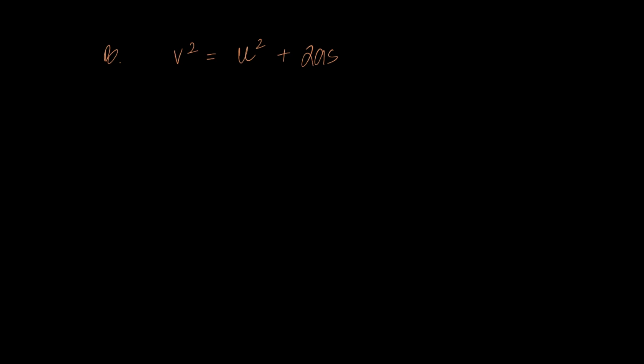But let's try this out. V squared, the final velocity, is something we need to find out. Initial velocity is 3.7 squared minus 2 times 9.81 times the distance traveled, which is again 0.544. So the velocity comes out to be